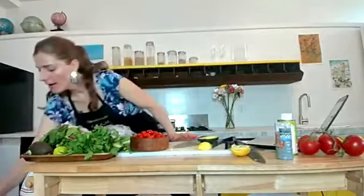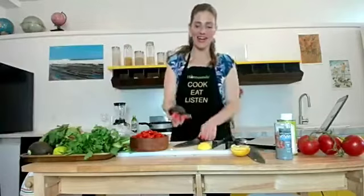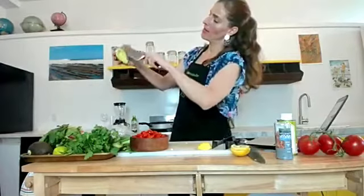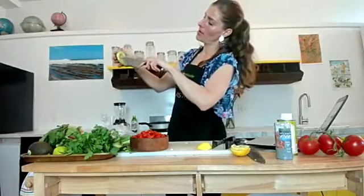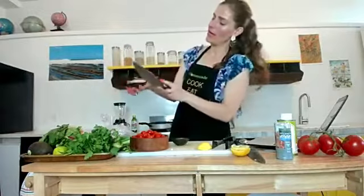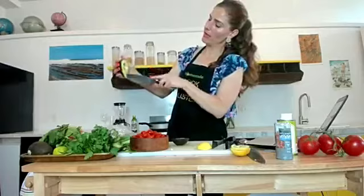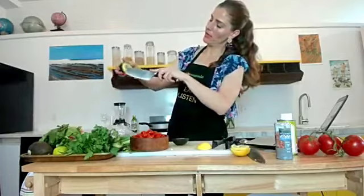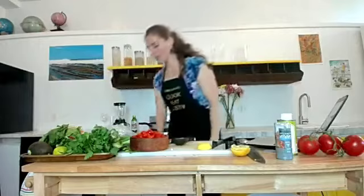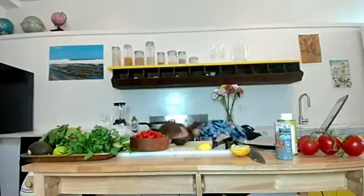And then the next trick with avocado is you slice a little crisscross pattern on the inside, just like a checkerboard. And we're going to do it on the other one. And then you literally get a spoon and scoop it out. But before I do that,